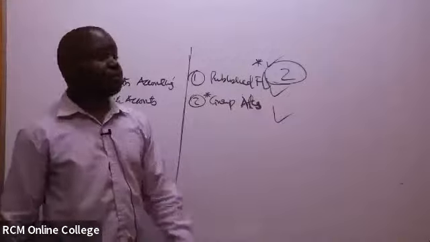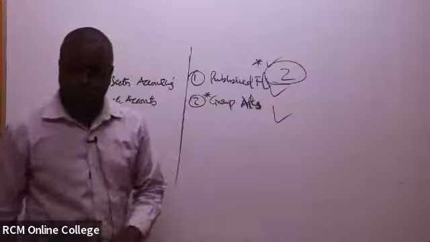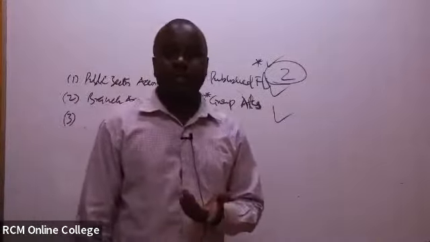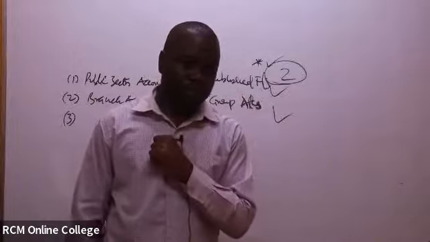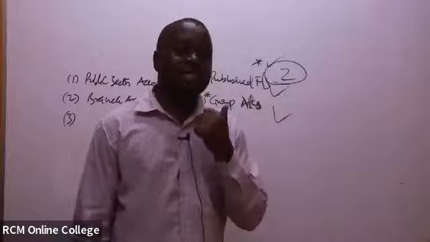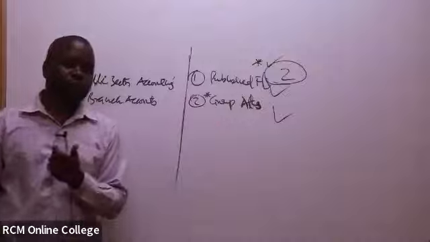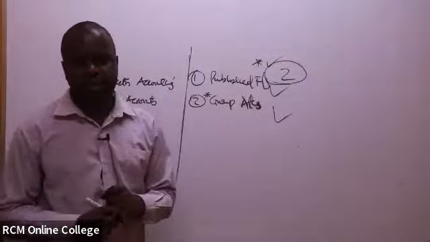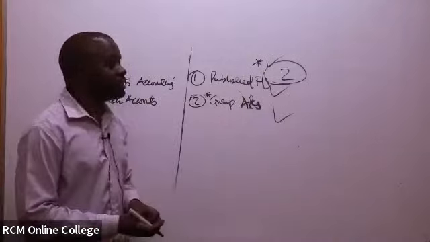Then another thing, with this particular paper, in the exam, start with the easiest questions. If you're not very keen, they'll be saying 30 minutes to go, you've only done 2 questions, yet there are 5 questions to attempt. Start with the easiest questions. If you are smart enough, maybe in theory, you can start with the theory questions very fast. Then you go to the easiest questions. Never start with the most difficult question,